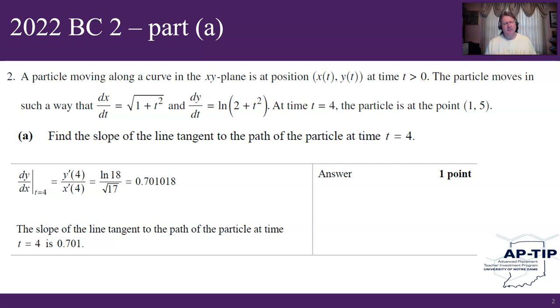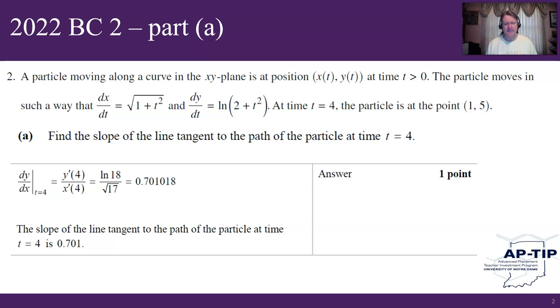So the skill that's being tested is obviously the student's understanding of the fact that we have to take the derivative of y with respect to x to get the actual slope in the xy plane, and the fact that we're going to have to find a ratio of our derivative of y and our derivative of x. And so an exemplary response would look something like this, that proceeds to find the answer of 0.701 rounded to